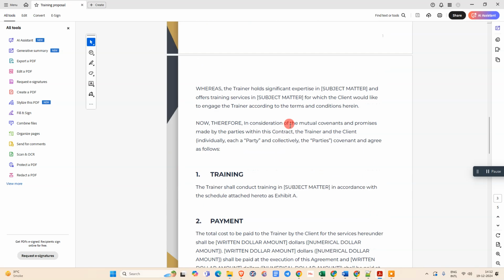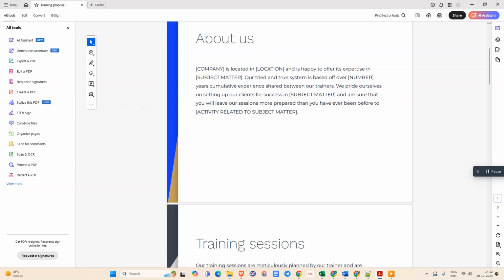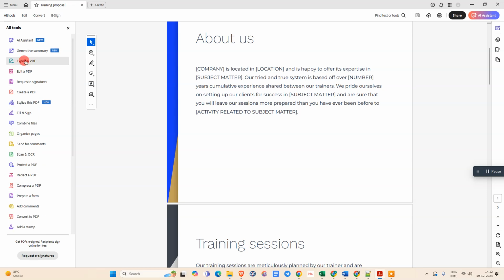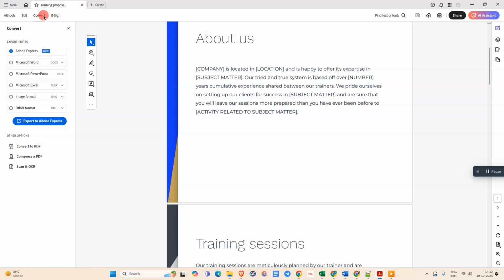Okay, so the first thing we need to do, just go to the all tools, and here we need to select that export PDF option. If you don't find this option here, you can just scroll down, and you can go to the view more, and here you can see this option. Okay, so I just select that export PDF, so it will take me to the convert option, and here you